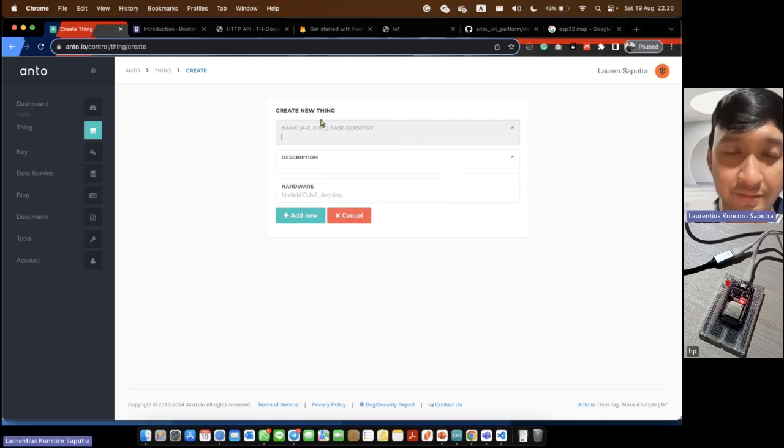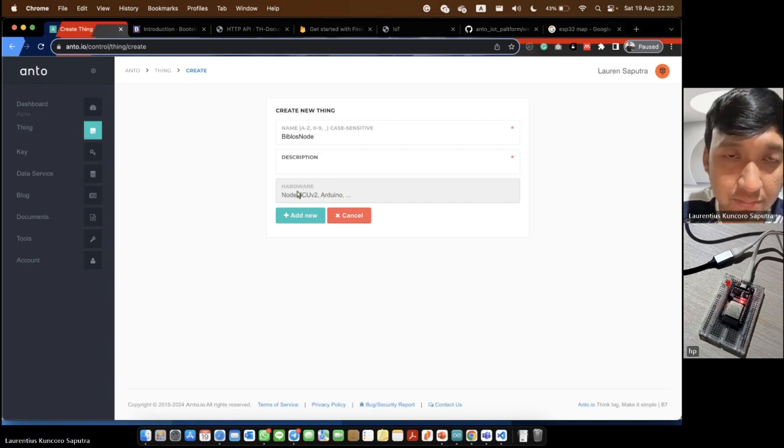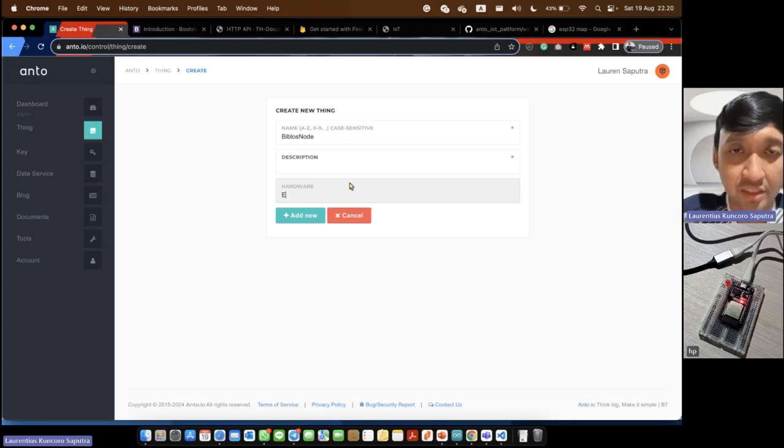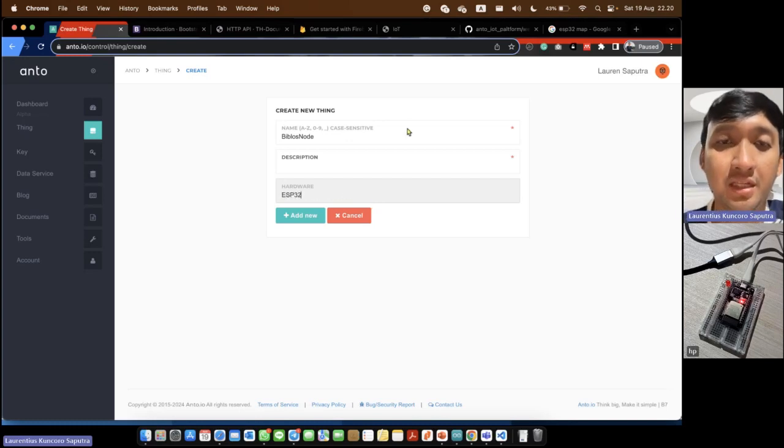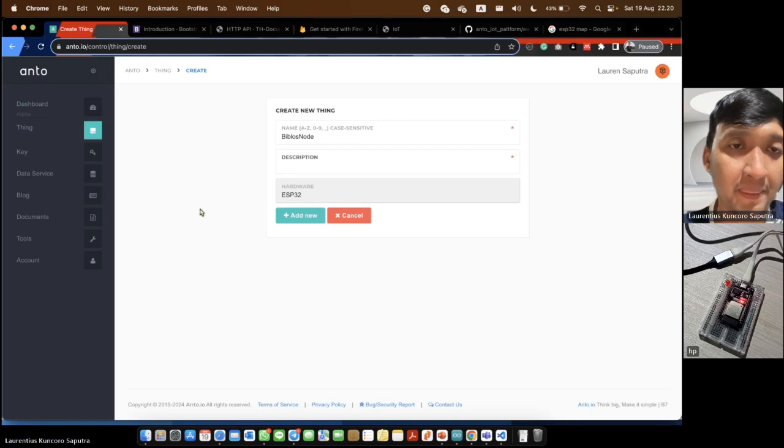Maybe it's like Biblos node. And for the description, you can put your description about your things, and we can also describe the hardware. For the hardware, maybe we use ESP32 like this one. Okay, and after finishing you can click the add new button.